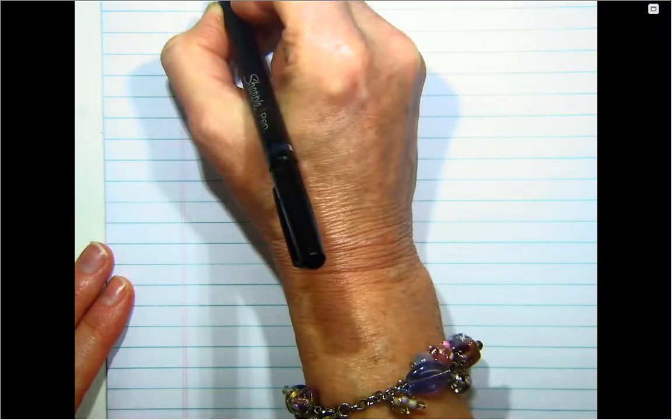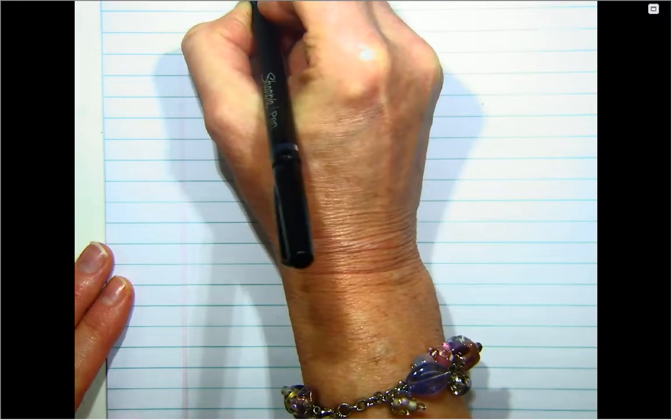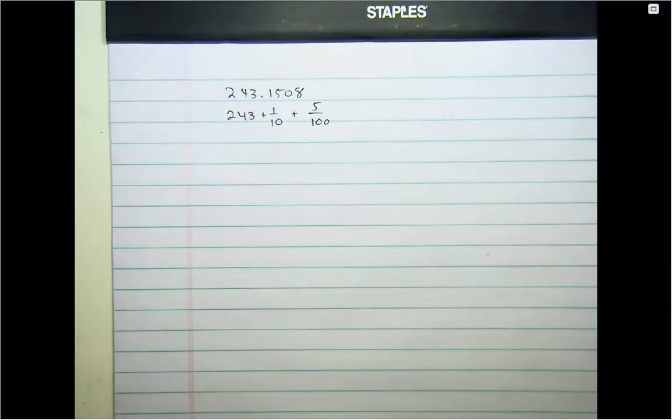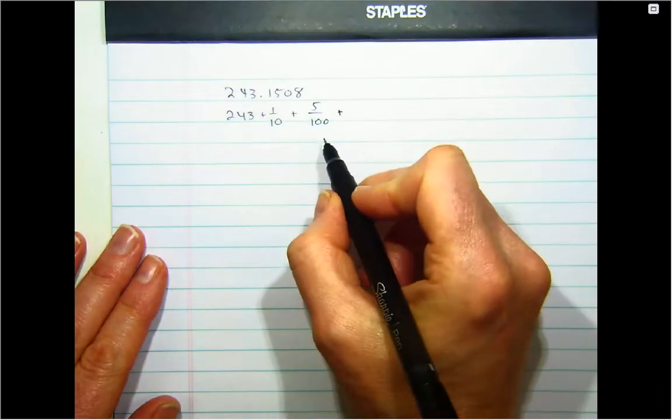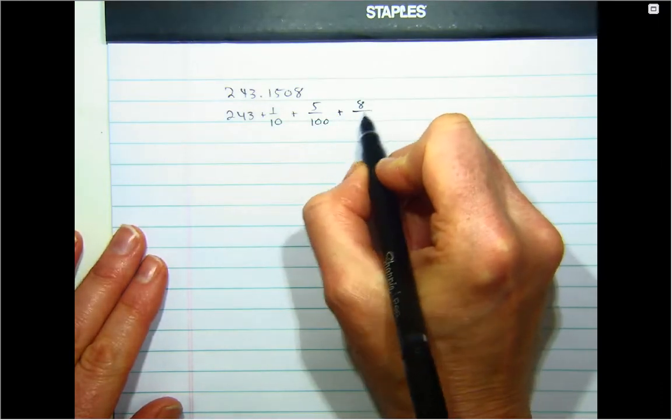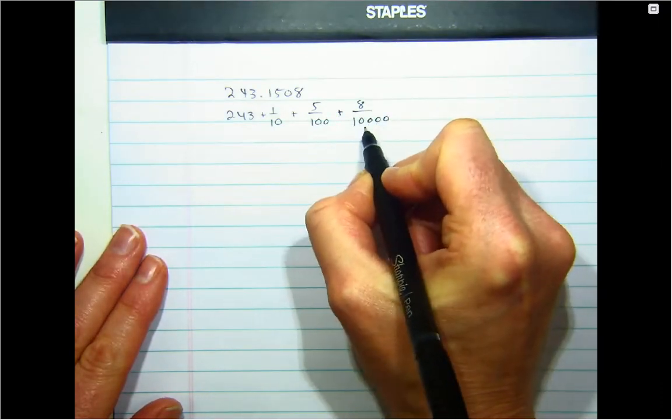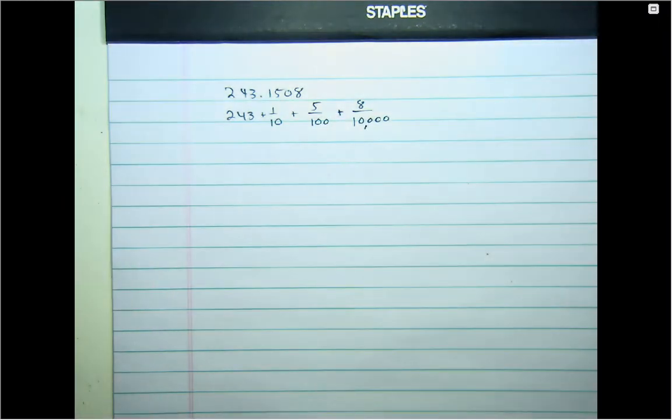So you have 243, plus you have 1/10 from the 1 in the tenths place, plus you have 5 1/100ths because of the 5 in the next decimal place. You have no 1,000ths, and then plus you have 8 10,000ths. That's what that decimal means. It means that you have 243 whole things, and then